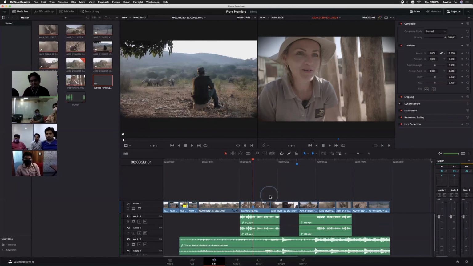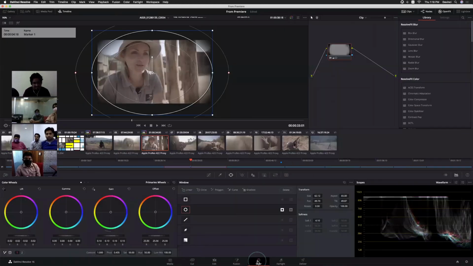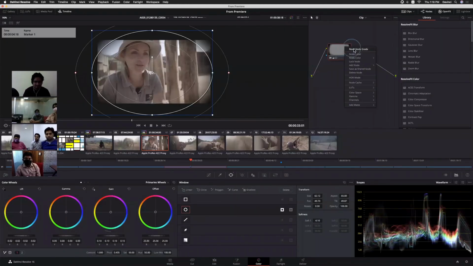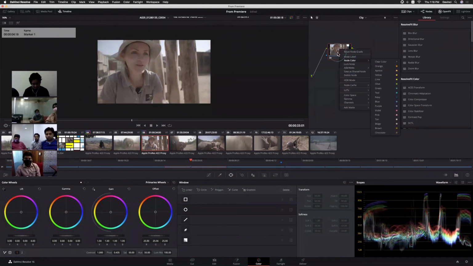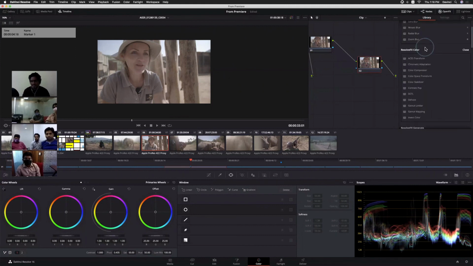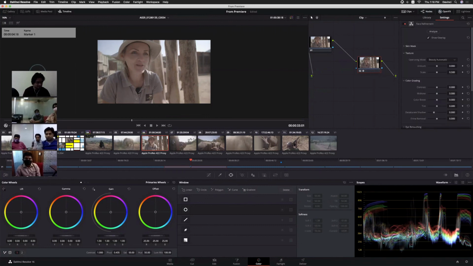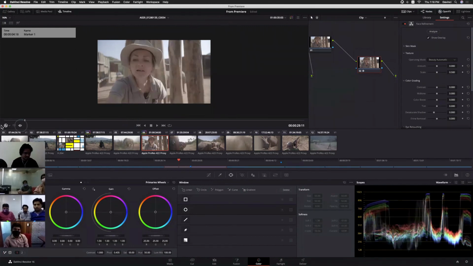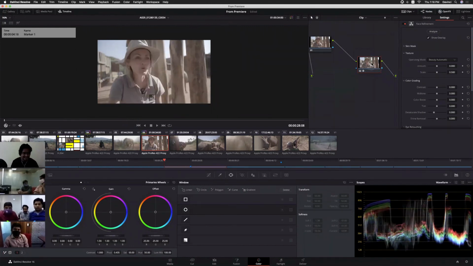But what you have asked about the facial structure and everything, we do have a separate filter in the color page. It's called the face refinement filter. Just add that filter, and click analyze.